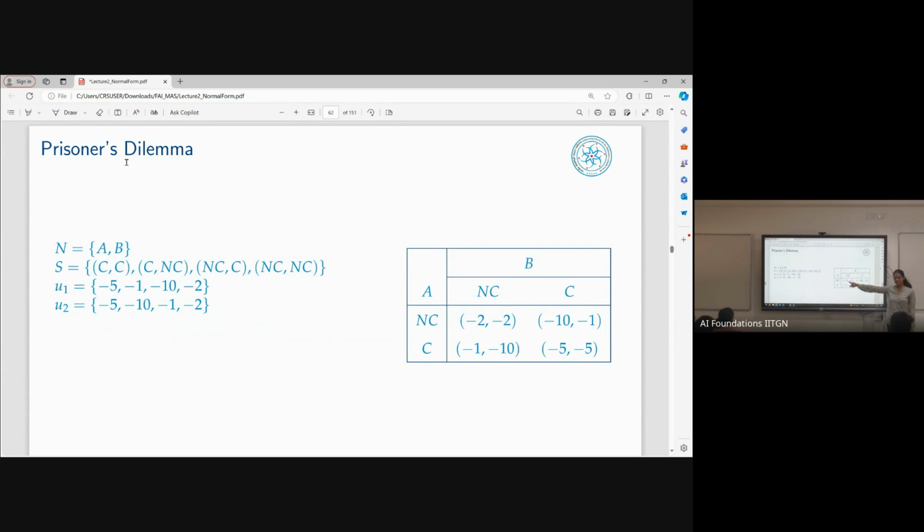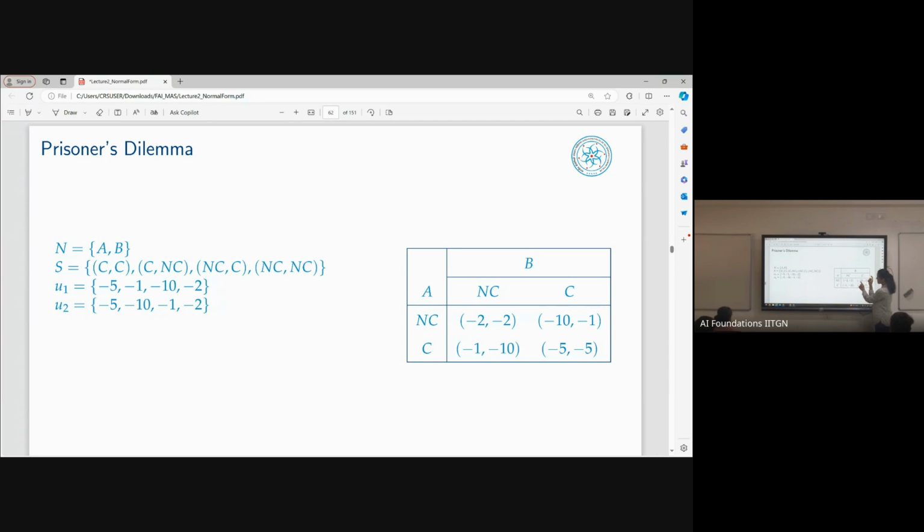So both not confessing is giving both of us strictly lesser cost, like -2. But the moment both of us don't confess and you betray me and you confess, then I am the one who is getting caught. Right? So if I'm the row player and I decided not to confess, and I assume you also don't confess, then both of us are at -2. But the moment you confess, the column player betrays the row player and shifts to confess.